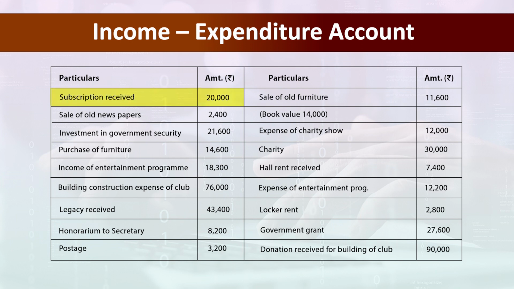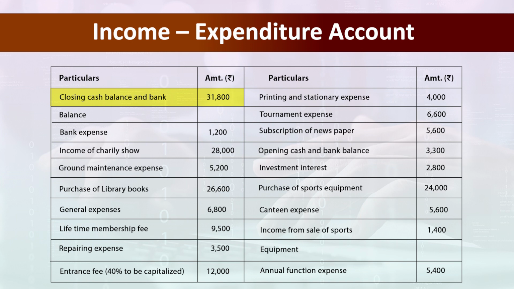Subscription received rupees 20,000, sale of old newspapers 2,400, investment in government securities 21,600, purchase of furniture 14,600 rupees, income of entertainment program 18,300 rupees, building construction expense of club 76,000 rupees, legacy received 43,400 rupees, honorarium to secretary 8,200 rupees, postage 3,200 rupees, closing cash balance and bank balance 31,800 rupees, bank expenses